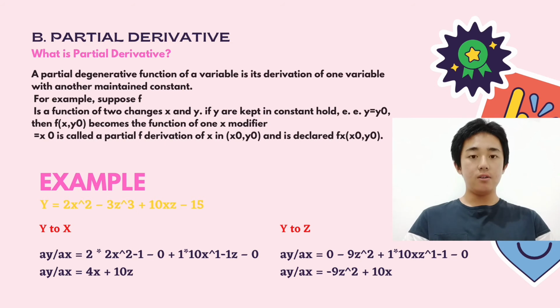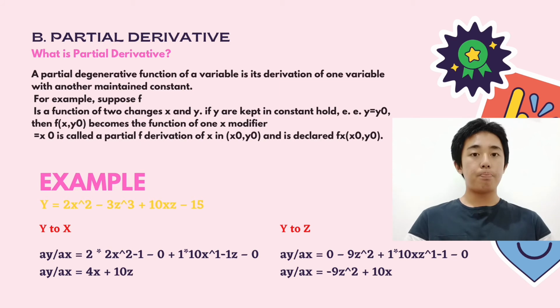And let's move on to dy by dz with the same question, but now we're focusing on finding z. Remember, because we focus on z, every x term we consider as a constant, so it is 0. So 2x squared becomes a 0. And now we can count on negative 3z cubed. 3 we bring down, we multiply it with negative 3z. That gives us negative 9z squared,